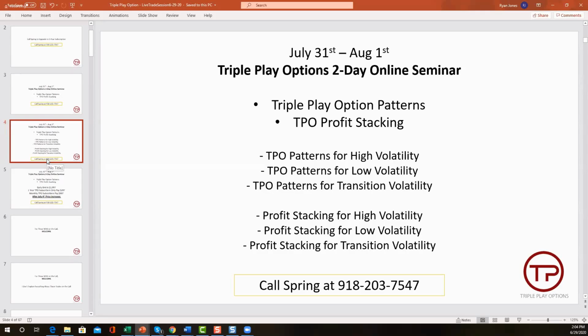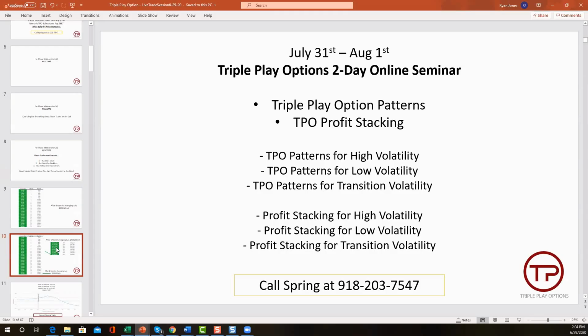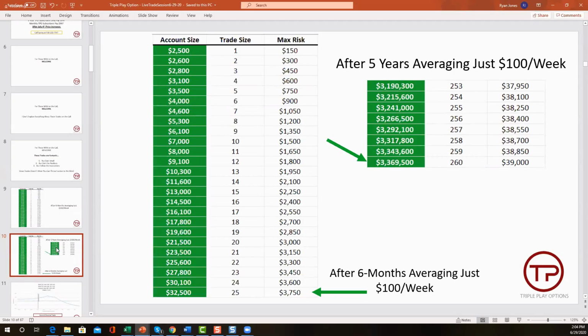In fact, in the TPO session, I'm going to give you a way to where this is not the 5-year projection. If you can average $100, it's actually close to about 7 to 11 million. If you want to be a little bit more aggressive, not at the beginning, but as you get into this and you've proven yourself, I'll show you how to take a little bit more aggressive approach on the compounding. Not a lot, but a little bit, and actually increase that even more. And I'm being conservative when I say that.